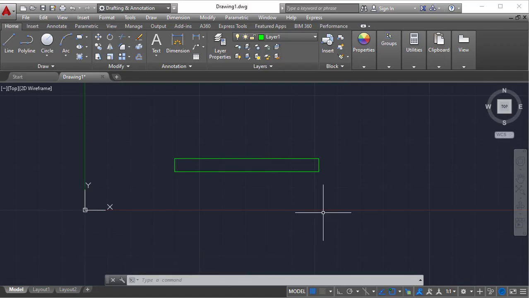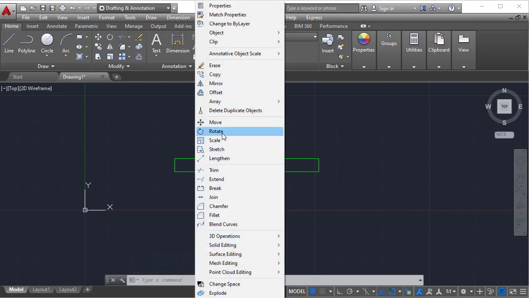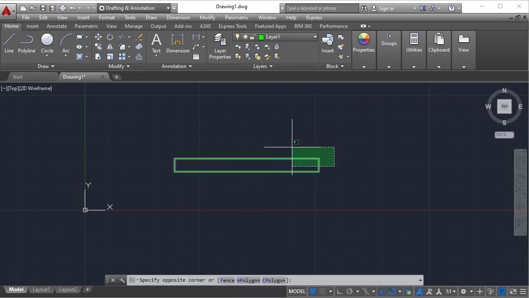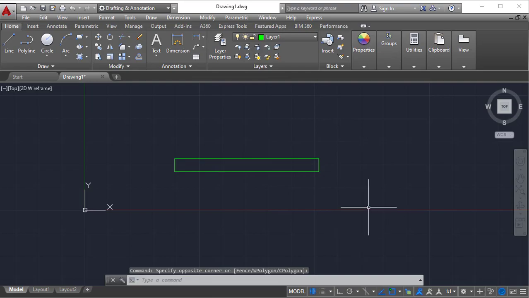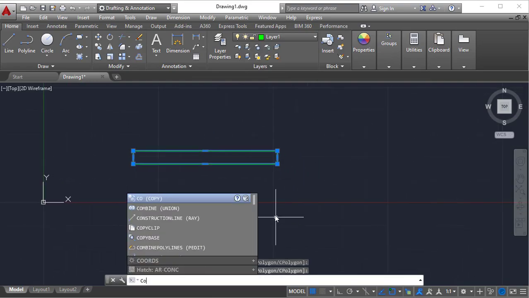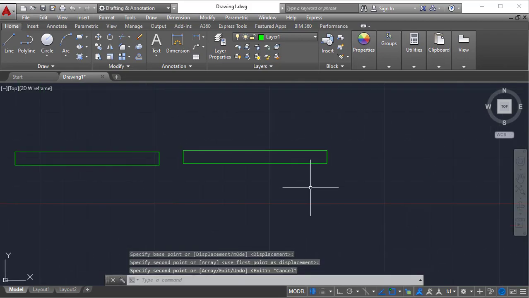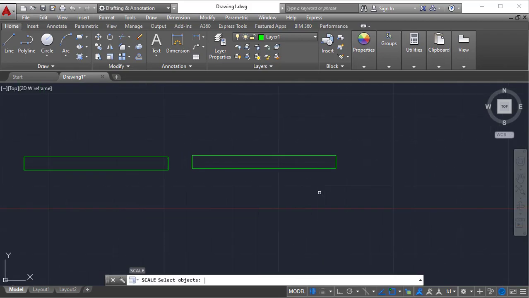This is all about rotation. Rotate objects into required angles, or you can get back from unknown rotated angles to normal angles. Next one, scale. Scale can be used with a similar pattern to rotate, but rotation means turning by some specified angle, while scale means to increase or decrease the size of an object. For example, I am just copying this. I want to use scale. The shortcut is SC, enter, select this object, click enter, and pick the base point, similar to rotate. This is the base point.